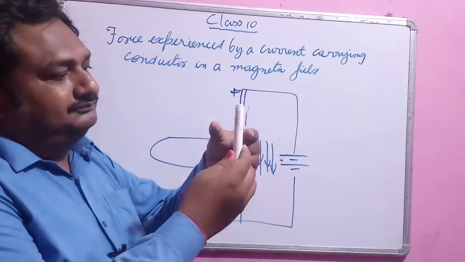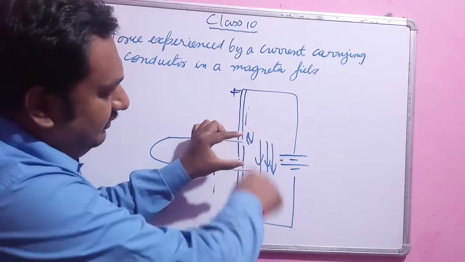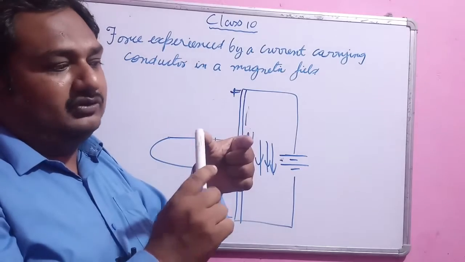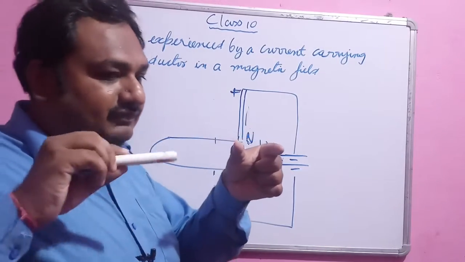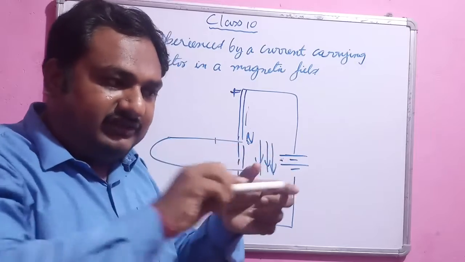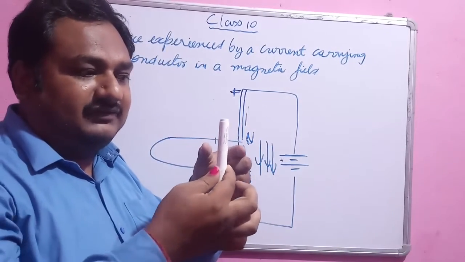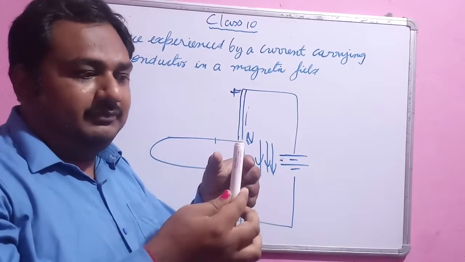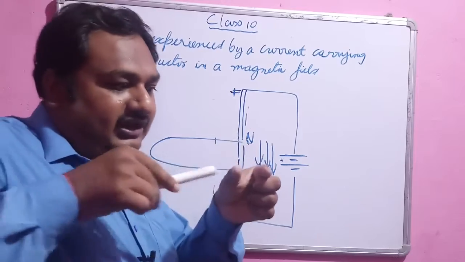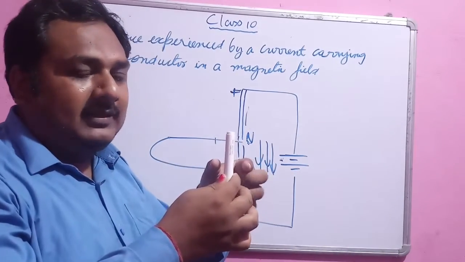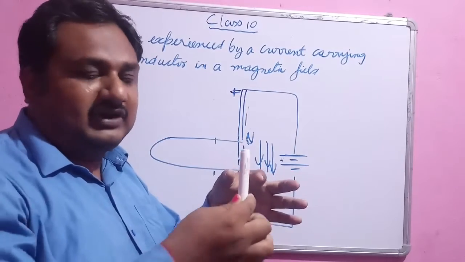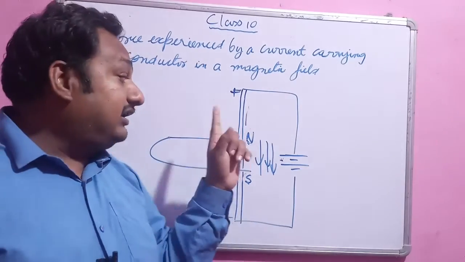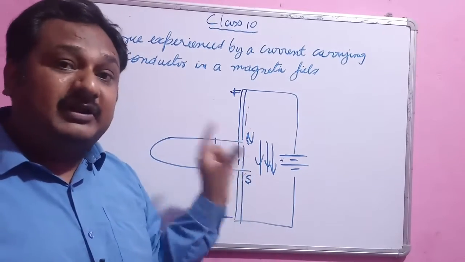So now you can see that the direction of the magnetic field is downward. Suppose my thumb is north and my index finger is south. So the direction of the magnetic field is in this fashion, okay, and I place the conductor in this fashion. So here the direction of the magnetic field and the conductor are perpendicular, and the motion which this conductor makes is perpendicular to both the current flowing through the conductor and the magnetic field.